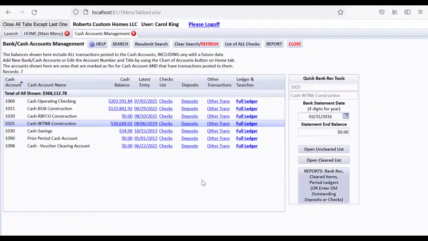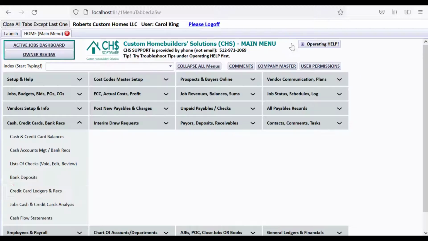So I think that's all we need to do about the bank accounts, and showing you various things about the bank accounts and how to reconcile them, how to drill down to detail behind different ones, and clearing or not clearing various checks, doing edits to them, voiding one of them, etc. I hope you get the idea on that, and what I'd like to do now is talk about credit card ledgers and recs. Let's go there.